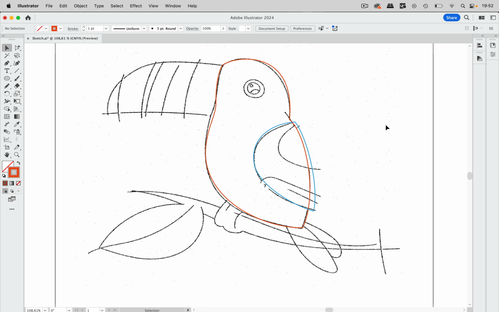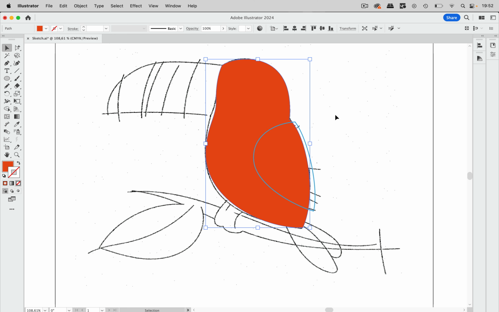Suppose that, like me, you are seeing this regularly. You have placed a sketch, a rather rough sketch, and then you are tracing that manually. And as soon as you have something and you assign a fill to that, then the sketch gets hidden. And now you have to always go back and forth between outline mode and preview, and that doesn't really work. That's really slow. Let's take a look at some methods to deal with this situation, because we can do better,